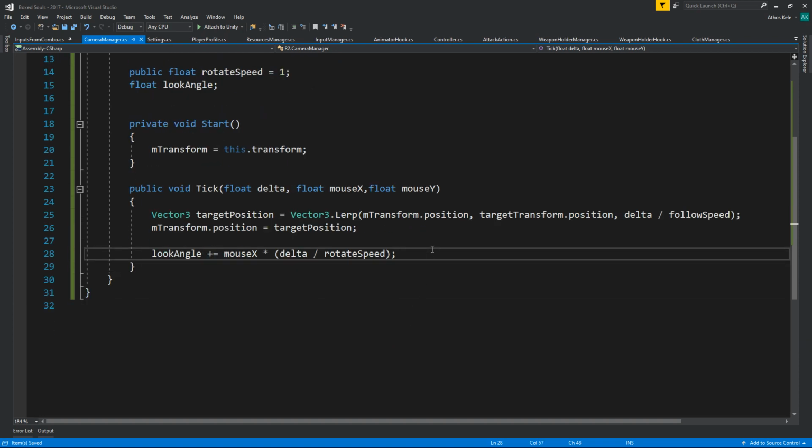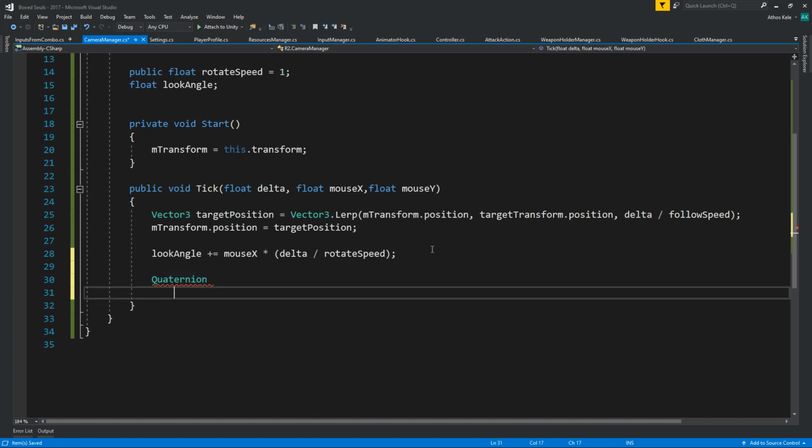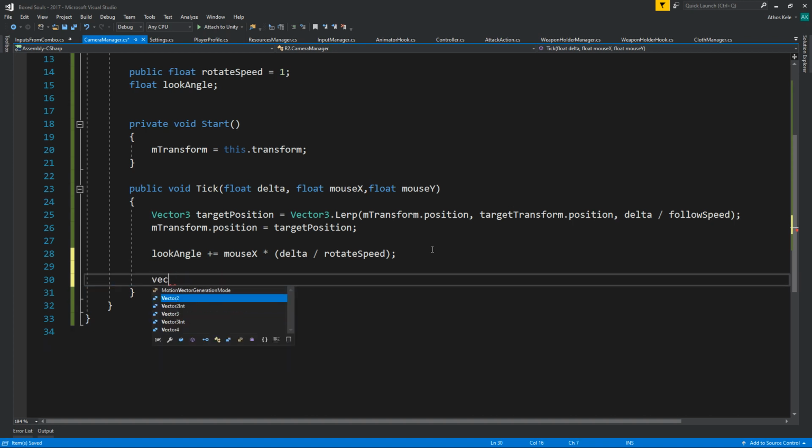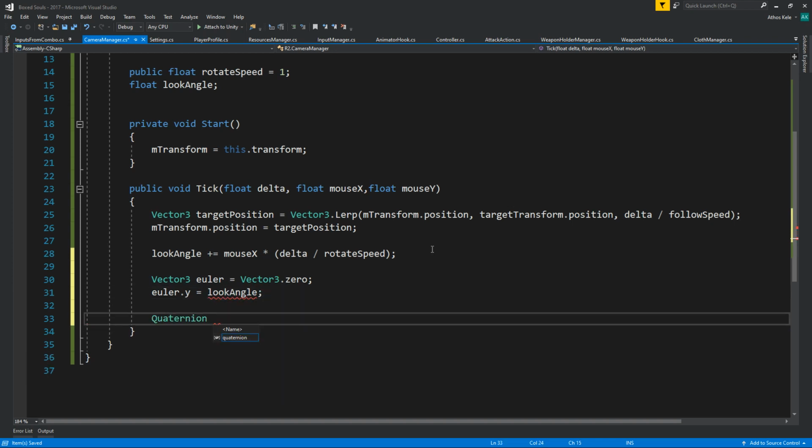Okay, and that is our look angle. What do we do with the look angle? We're going to create an Euler with that. Vector3 Euler, Vector3.0, then Euler.y will be your look angle. Then that's going to be quaternion Euler or target rotation,